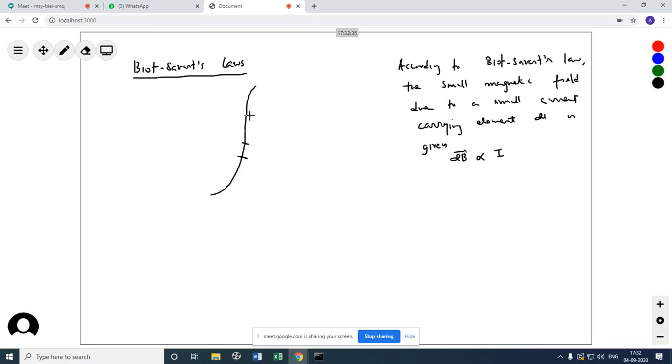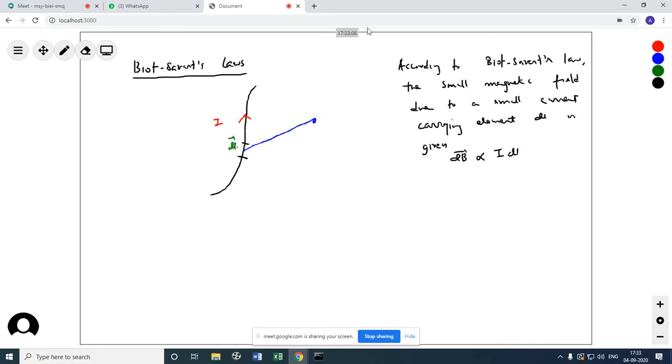So here is the current through the wire I, directly proportional to the length dl. Okay, so this is the dl vector, this length is the dl vector, a vector quantity, and the sine of theta between these. So we must have an observation point. Let's say P is the observation point. So from here, this is the observation point.